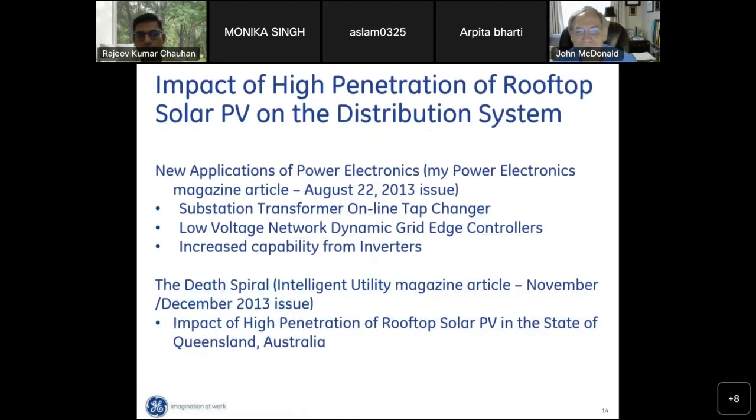So one challenge here is the impact of high penetration of rooftop solar photovoltaic generation on the distribution part of the system. This is a real example from San Diego Gas and Electric. And I wrote this article in Power Electronics Magazine, August 22nd of 2013. And you can find this article online if you search for Power Electronics Magazine and my name, John McDonald. Okay. What the situation is a distribution feeder that brings electricity to very expensive homes along the